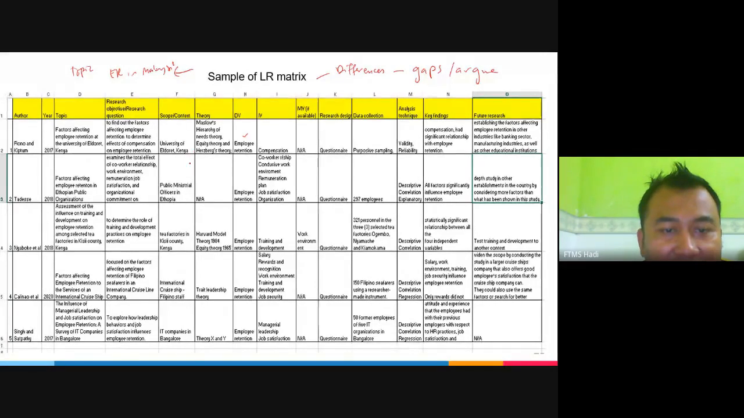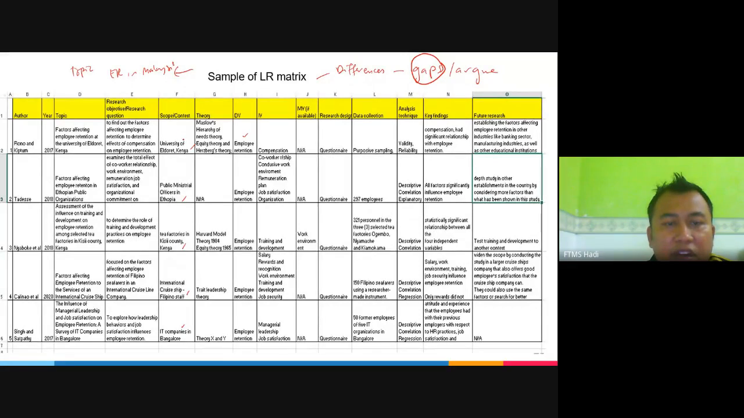Can you see anything related to Malaysia? This is Kenya. This is Ethiopia. Kenya again, Filipino staff, and Bangalore. But there is nothing that mentions Malaysia. So therefore, you can say that there is one gap. There is a gap identified whereby the researcher wants to conduct the study on employee retention in Malaysia,